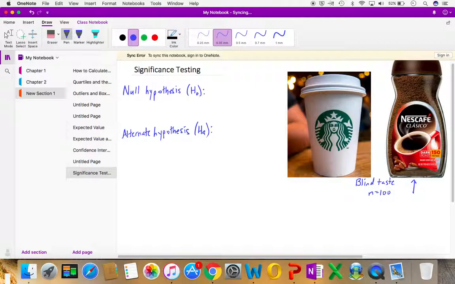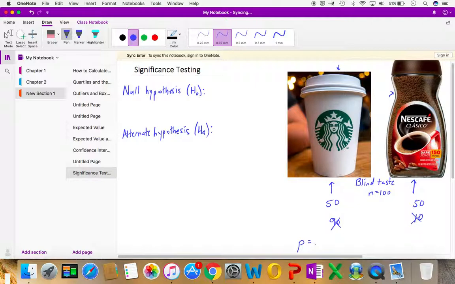If the claim I'm making is that this coffee is as good as the coffee in Starbucks, I would expect that out of these 100, 50 people would prefer the instant coffee, and 50 people would prefer the Starbucks. If it was any other breakdown, say what I might expect as the cynic is maybe 90 people would prefer the Starbucks, even with a blind taste test they can tell a difference, and then 10 would prefer this. Obviously this 90 outweighs the 10, so it would lead me to believe that more people prefer Starbucks. But again, I'm going to say my null hypothesis here is that 50 out of 100 people,